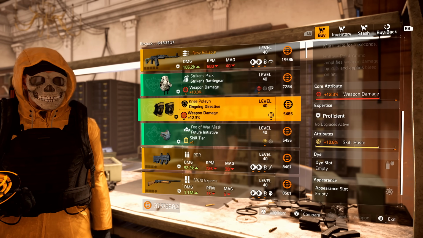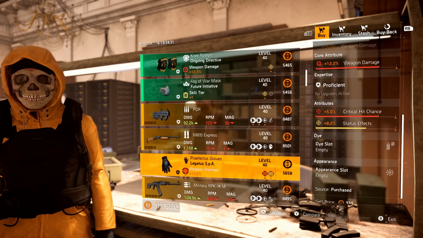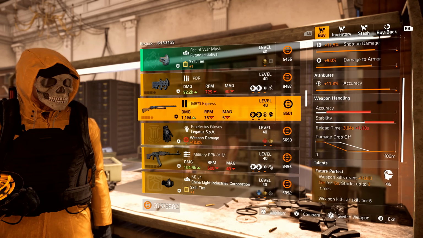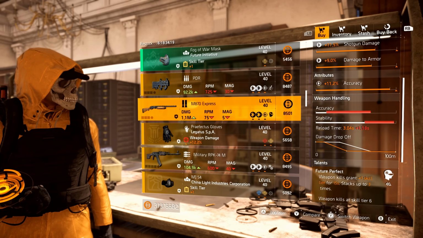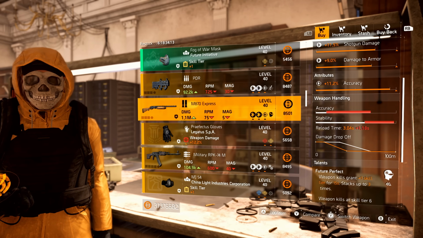So here's one right here. And finally, for the gear set items, we have a Future Initiative mask with skill haste. Going to the high-end items, we have a PDR with rate of fire and spike, an M870. I'm sorry, I was looking at Future Perfect, and I'm like, why would I put Future Perfect on an M870? Anyways, M870 Express, Future Perfect, and